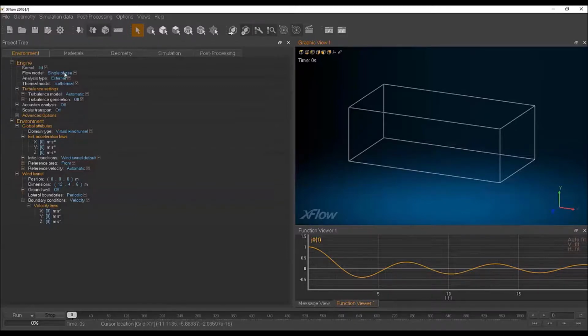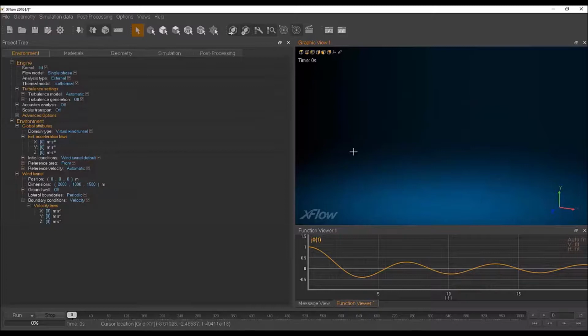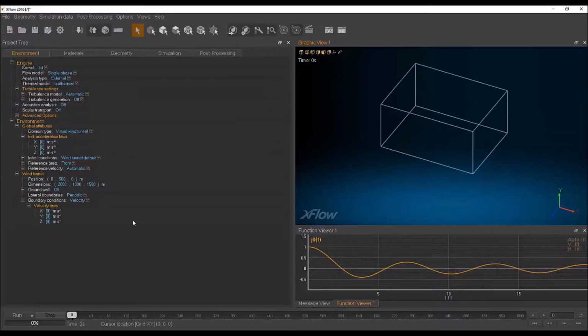Let's start modifying this setup. The first thing we're going to do is make it bigger. So it's just 12 meters, but we want to simulate the Petronas Tower. So we'll make it around 2 kilometers by 1 kilometer by 1.5. Okay, so now it's a little bit bigger, and what we will do is also center that on Y and